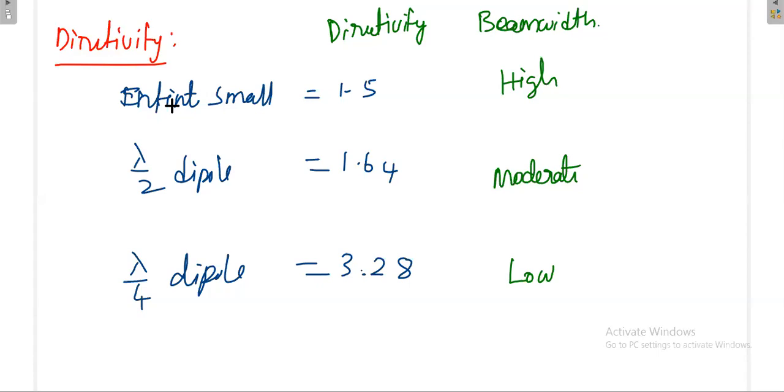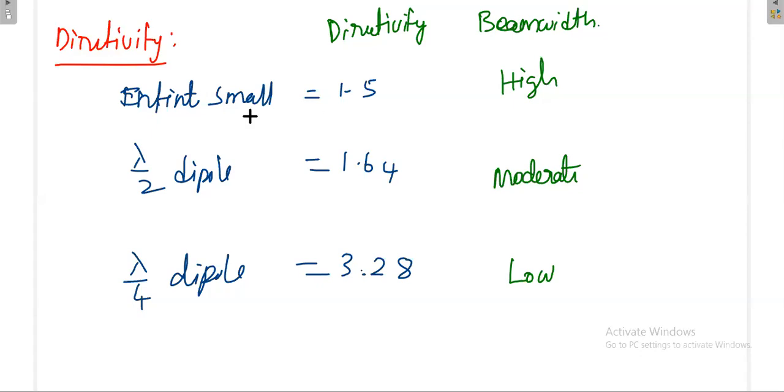Okay, see what I am telling. Once you make the length very, very small, that is like a point. If it is a point antenna, what is it? An isotropic antenna, because a point antenna means an isotropic antenna that will radiate in all directions. That's why the limiting condition of infinitesimal small antenna, when length is very, very small, is the isotropic antenna. Definitely the isotropic antenna will have high beam width, and you also know that isotropic antenna directivity is very, very less, definitely 1. Here it has the directivity of 1.5.